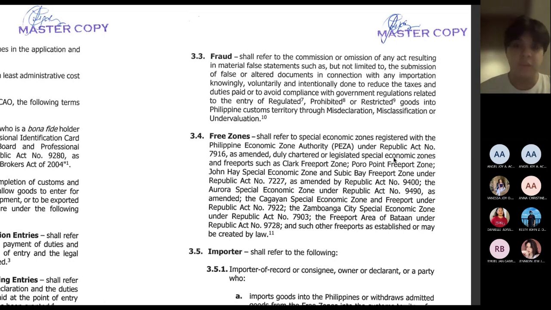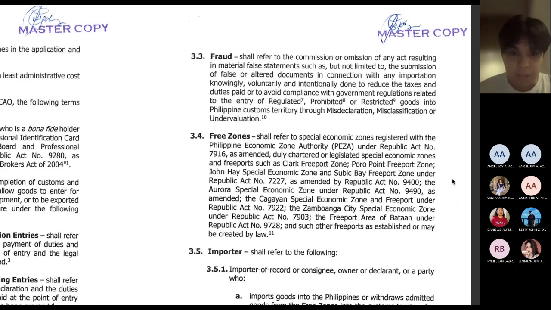3.4 Free zones shall refer to special economic zones registered with the Philippine Economic Zone Authority or PEZA under Republic Act Number 7916, as amended, duly chartered or legislated special economic zones, and free ports such as Clark Freeport Zone, Poro Point Freeport Zone, John Hay Special Economic Zone, and Subic Bay Freeport Zone under Republic Act Number 7227, as amended by Republic Act Number